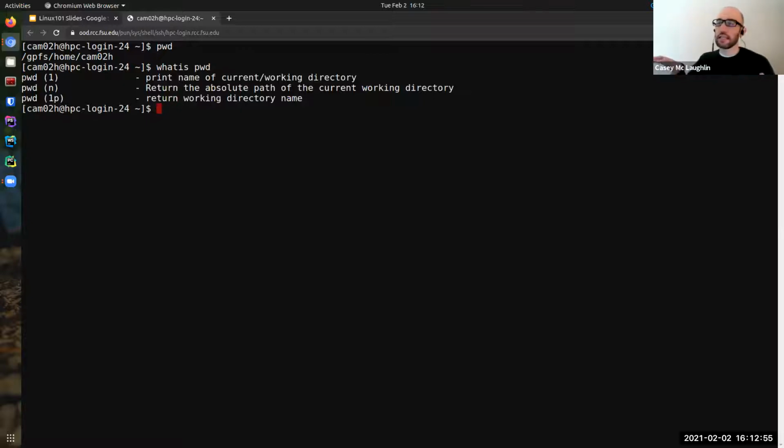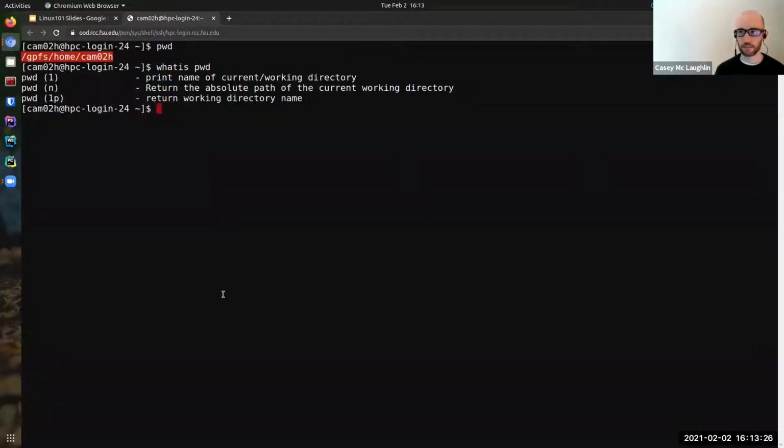That means the directory in which your terminal operates, your current working directory. Just know that's where you are located in the file system. And most of the time when you log in, you get dumped into your home directory, which is where I am. So /gpfs/home/camo2h.